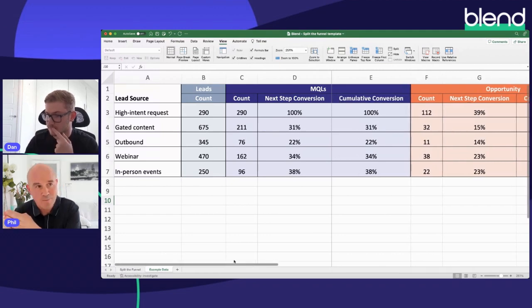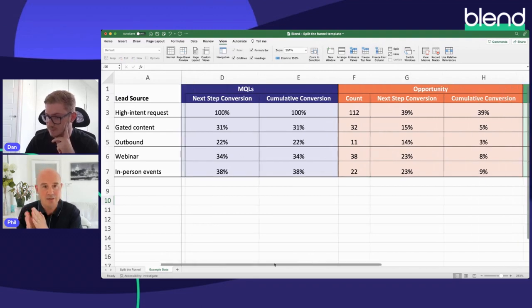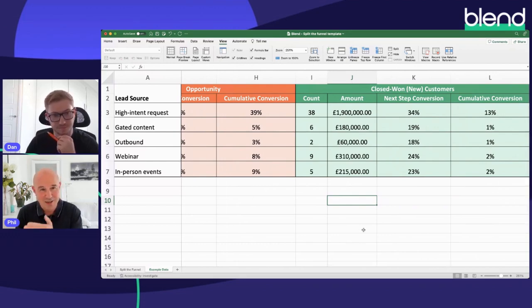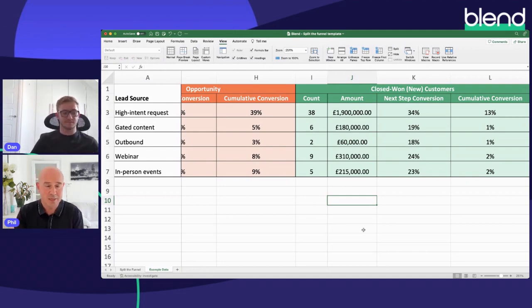And when you look at the investment in ad spend and sales team time that's going into generating and following up those leads specifically, it's really quite horrifying. It costs a lot less in some respects to generate a high intent lead, and they close at such a better rate. It's phenomenal. And once you look at this data for yourself, you should have a crystal clear picture of why this change is a good one.